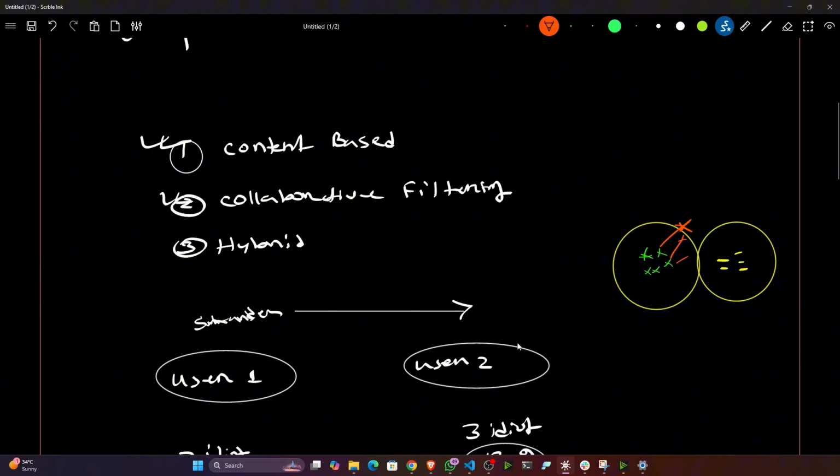Those who are familiar with NLP techniques maybe can do it, because at the end we have to convert all the textual data to a numerical representation, that means a vector representation. After that we can do some similarity measurement, and based on that we can recommend the product. But you'll get more interest whenever you implement collaborative based filtering, because